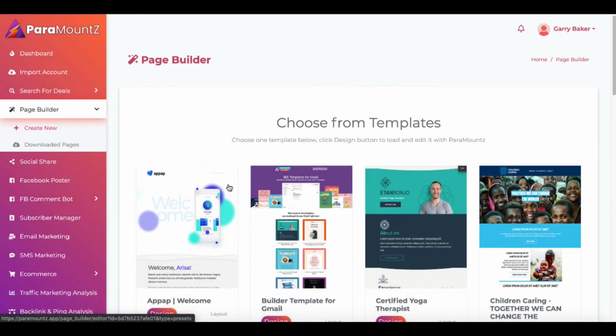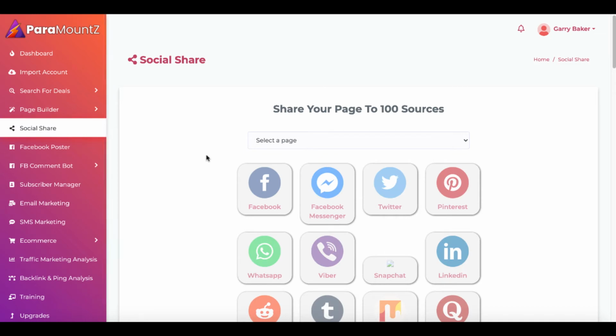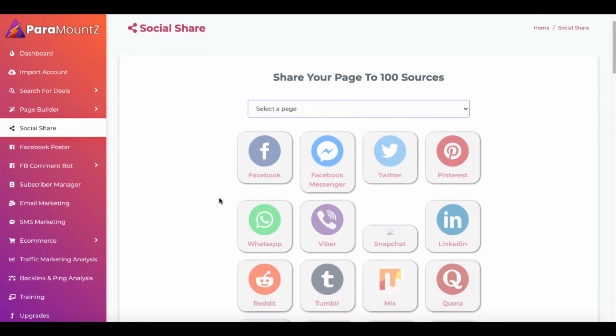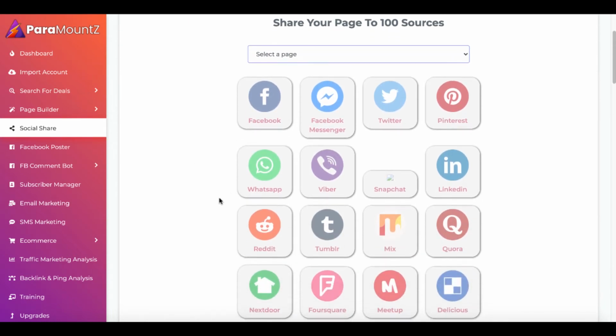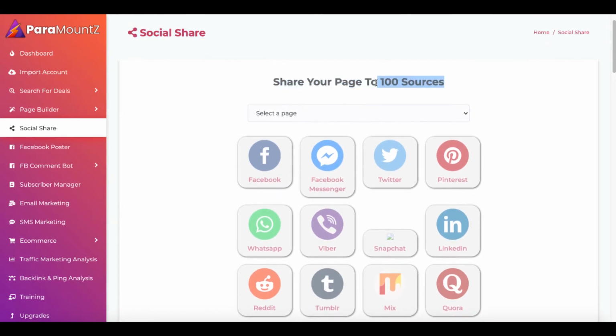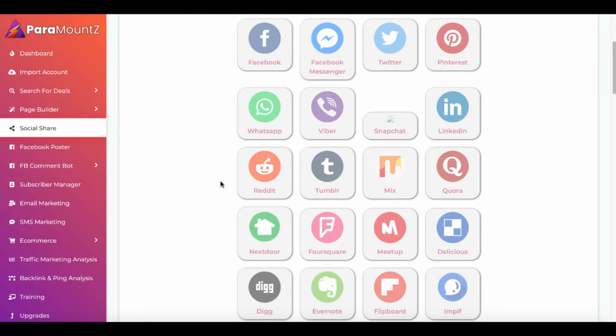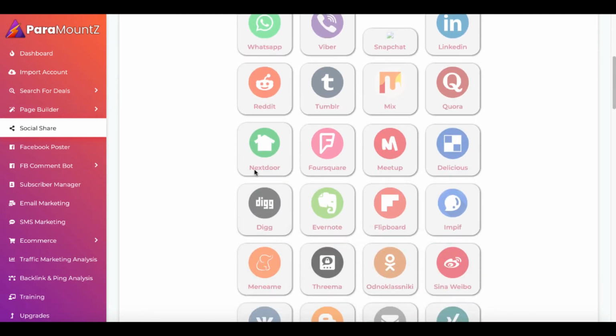But now they have a page builder inside of here where I'm having to build a squeeze page. So let's go to social share. Share your page to 100 sources. Select a page. So we have to build a page first, then we can get the unlimited traffic from the 300, or in this case, only 100 sources, which is to share to social media or WhatsApp or Nextdoor or